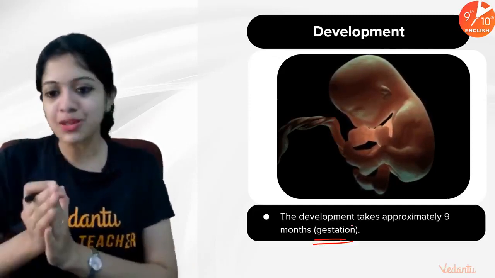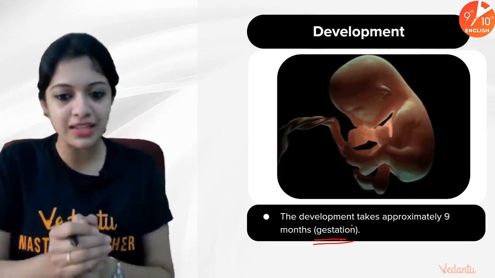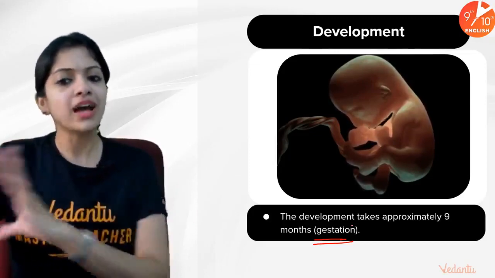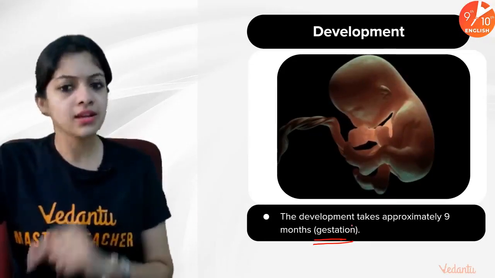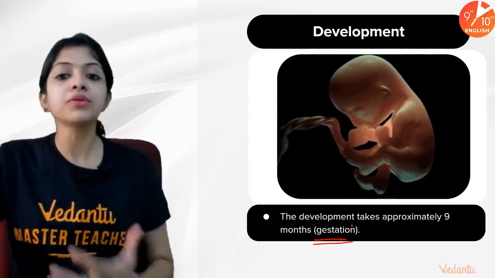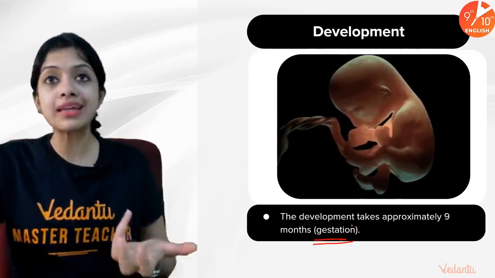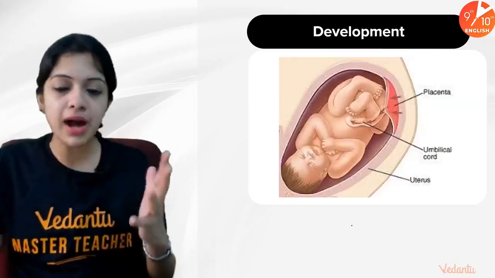Anyway, that will take me to a totally different world. Let's just focus on human gestation now. So fertilization, implantation, gestation. Finally, of course, the baby will be born, but before that, during these 9 months, how do you think the baby is able to survive? How is it able to eat? How is it able to breathe? For all of that, nature has a very, very smart plan.